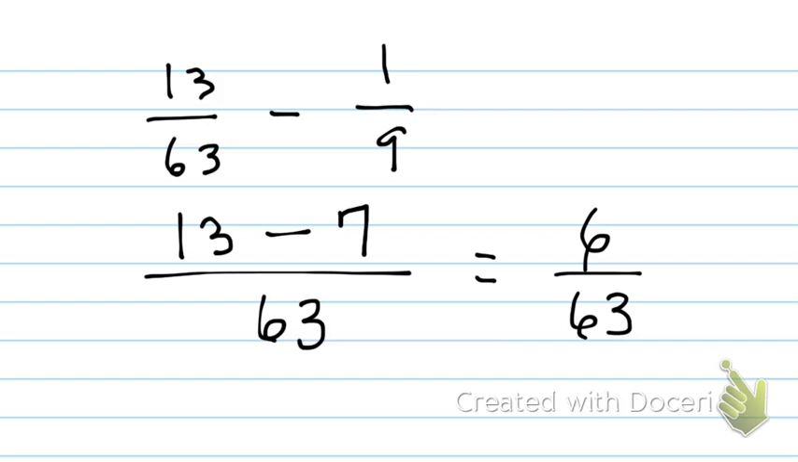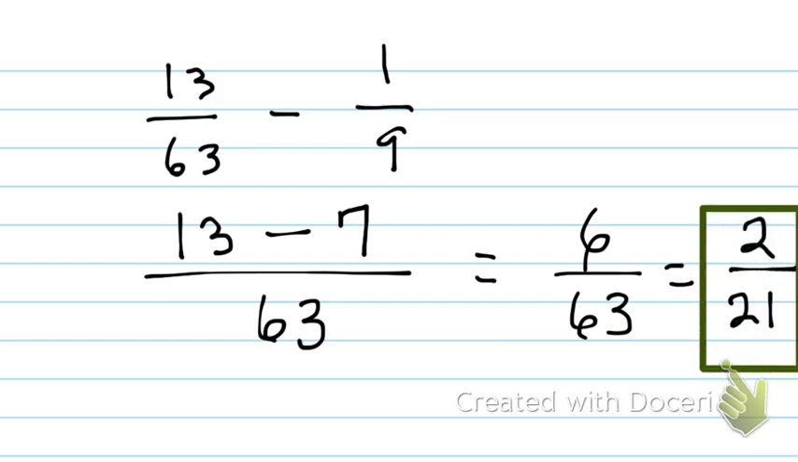Yes. Yeah, listen to the way I said it. You know I'm not done. Why do you think this one will reduce? They'll both divide by what number, do you think? They'll both divide by 3. 6 divided by 3 leaves you a 2. 63 divided by 3 is 21. And that's your completed answer. Okay? Now,